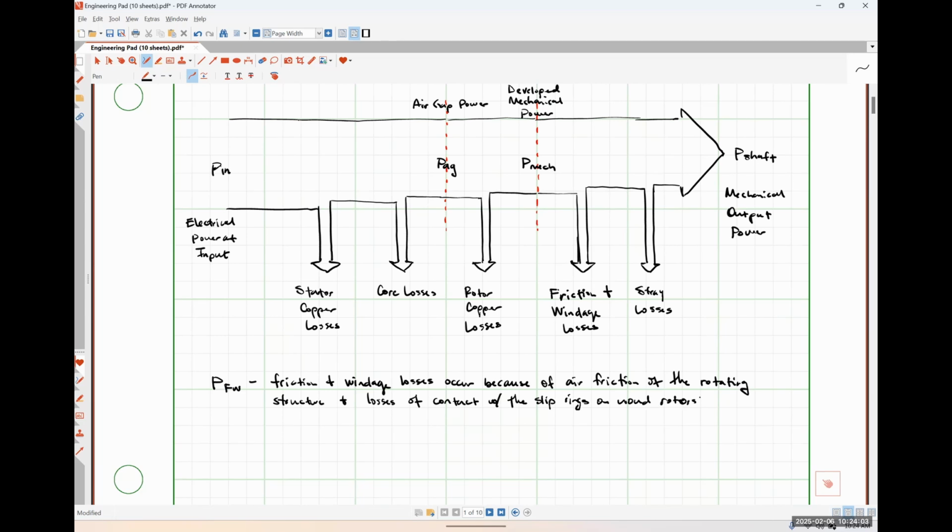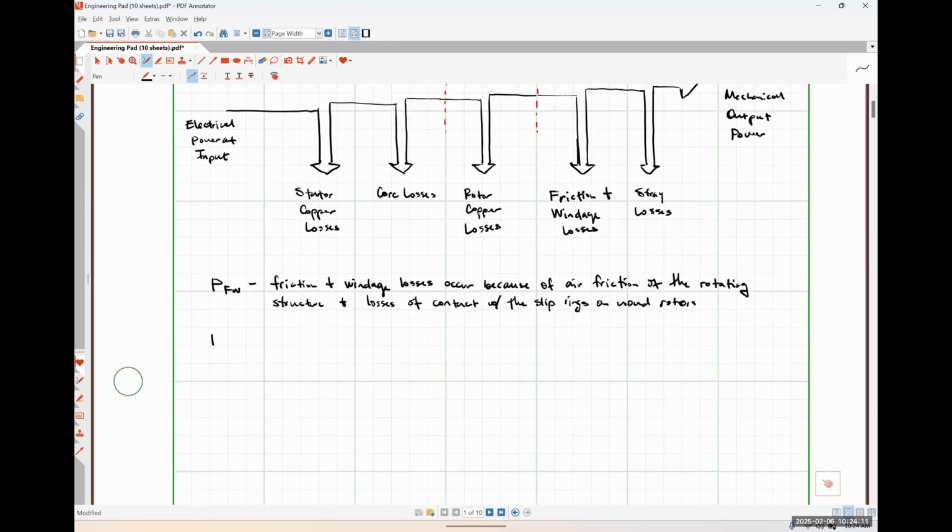So realistically, they just introduce a little bit more resistance, and so we have to take into account those losses as well. Okay. And then our stray losses